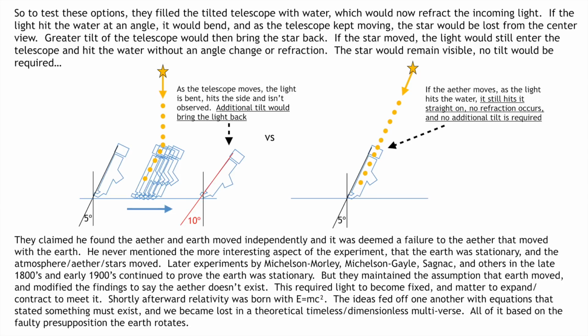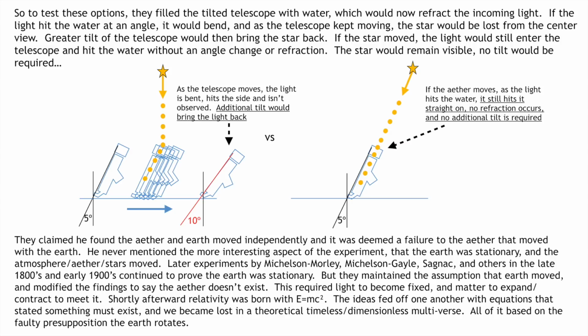As he tilted the telescope, he saw absolutely nothing. The water had no effect, and the light still hit the observer. So it was deemed a failure to detect ether within the moving Earth, as dependent and moving with the Earth. He never mentioned the more interesting aspect of this experiment, though, that the Earth was stationary and that the atmosphere